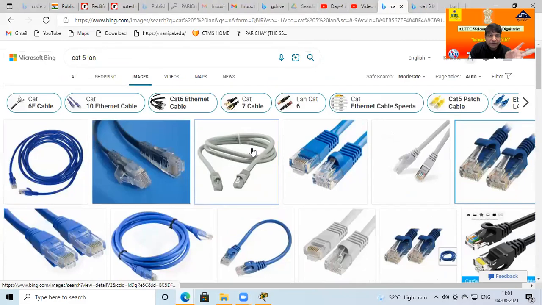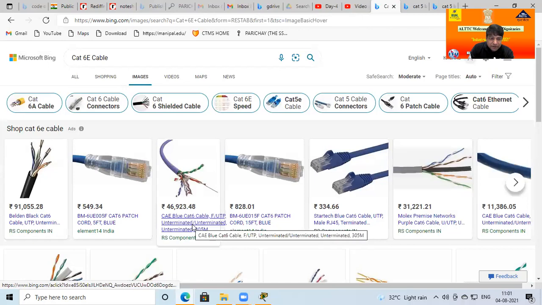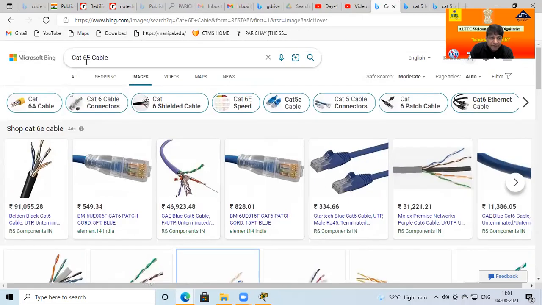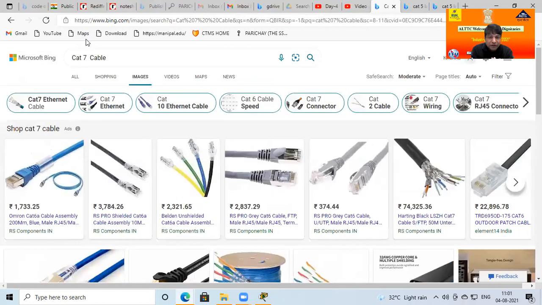And if I look at the Cat 6 cable, it is the same cable. If you go for the Cat 7, all cables look the same and have the same number of wires. So if I put all these cables in your hand and ask you to identify whether this is Cat 5, Cat 6, Cat 7, or Cat 8, it is not easy to identify the type of cable.